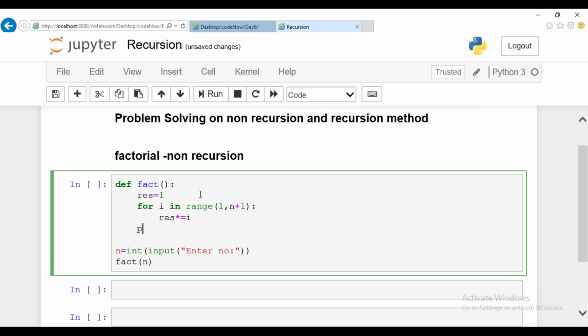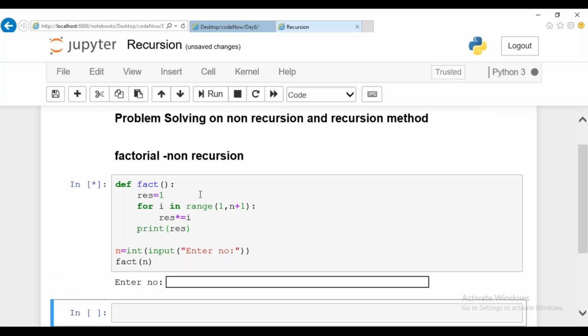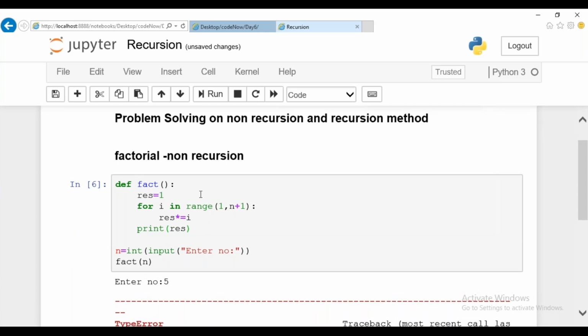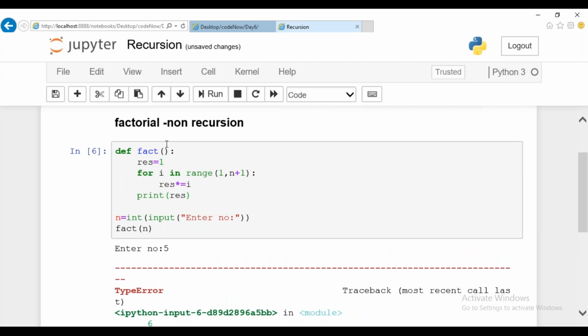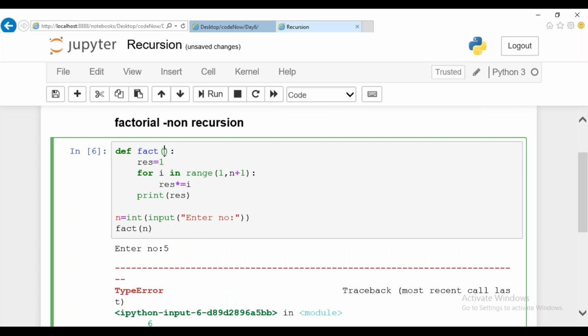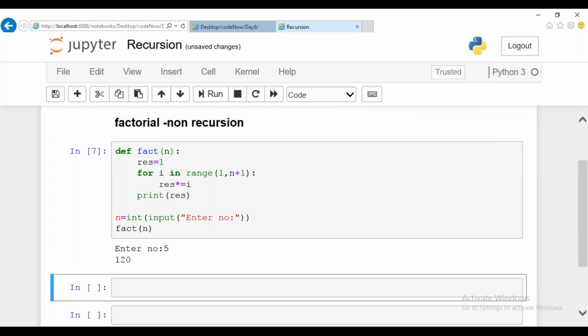And you're going to print it. Print your result at the end. If at all 5 is given, a 5. What happened? What we did? So n value has to be passed, right? Okay. This is a normal one.